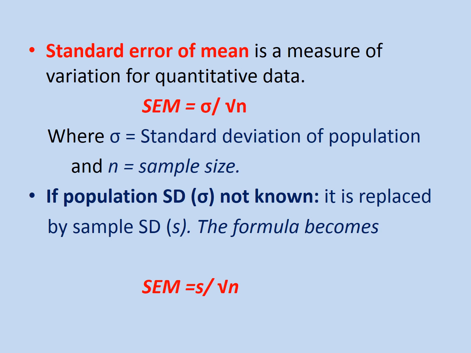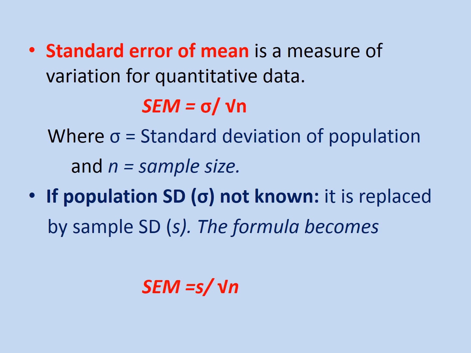So sample size in our example was, out of those 5000 women we have selected a sample of 200 women, so n is equal to 200. So just correlate with the example so that you can remember it in a better way. Now this formula is useful when you have the previous knowledge of the mean or the standard deviation of the hemoglobin of the 5000 women, the population, and the sample size.